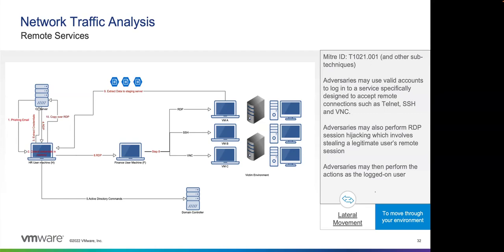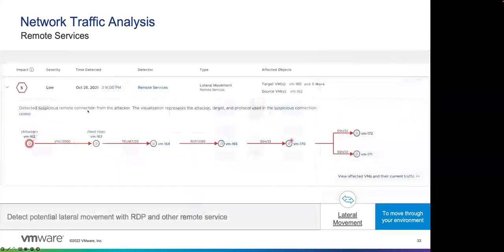What's really going to trigger that is when we go from step 6 up here to step 8, and we see extracting data to the staging server. Now I'm copying files not to the finance user machine, but back to the original staging server that I've already keyed into and SSH'd into. I see this traffic happening, and I know we're doing data exfiltration. I'm going to give an alert to the NDR engine and say, hey, this is serious. I need somebody to look into this now, because that last step, after they've gotten that far,